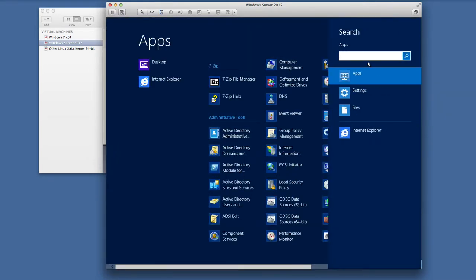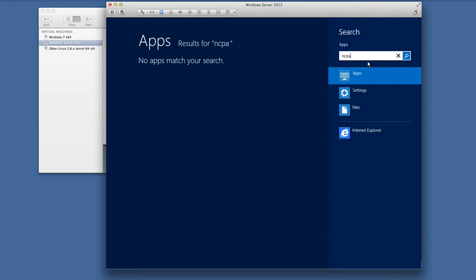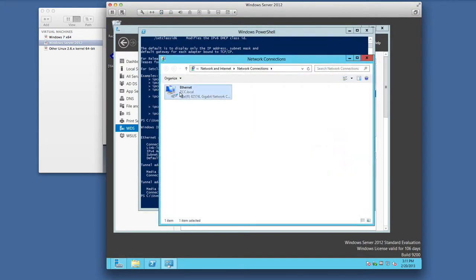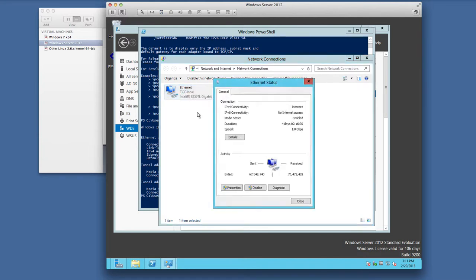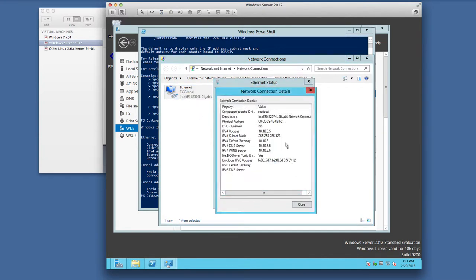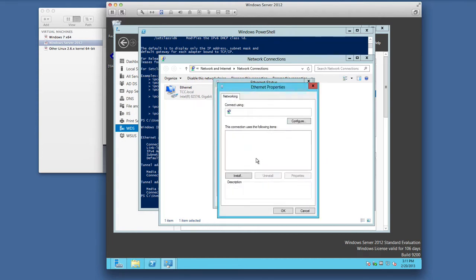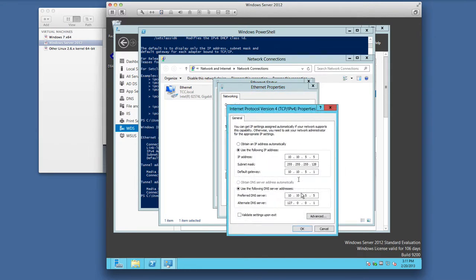Okay, so first thing is go ahead and run ncpa.cpl after you set up your Windows server. This is just a shortcut command to get into your network connections. And if we right click, then we do status, details, you see that all my stuff is statically configured, properties, IPv4, and this is all statically configured. It's also a DNS server, so I got it looping back to itself, and that's the 127. So, you want to pick an IP address outside of